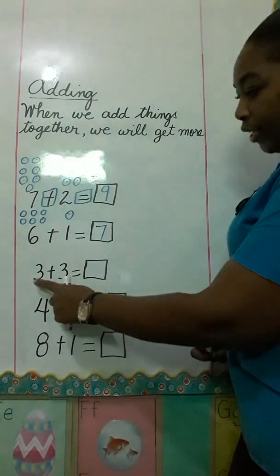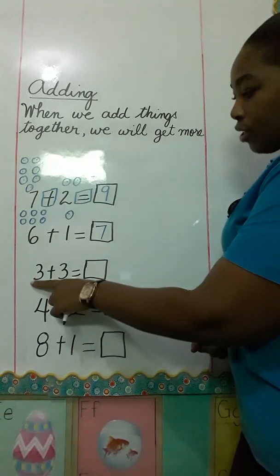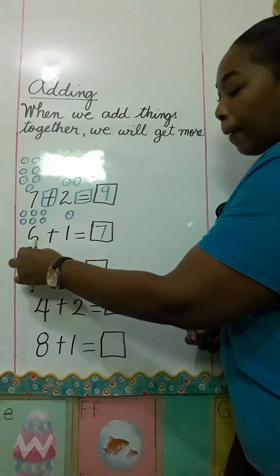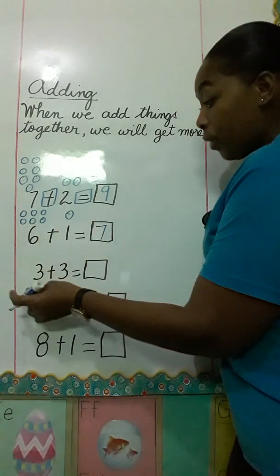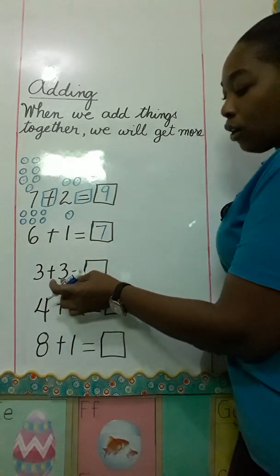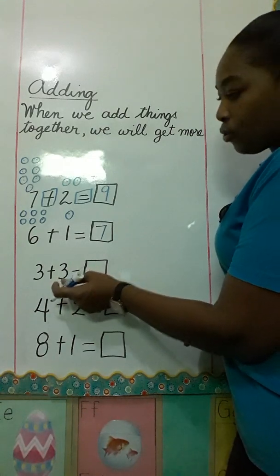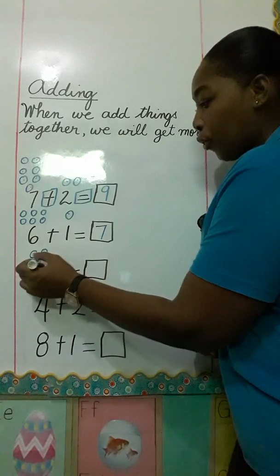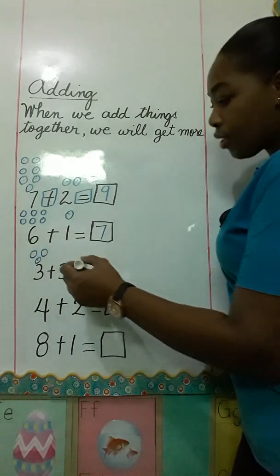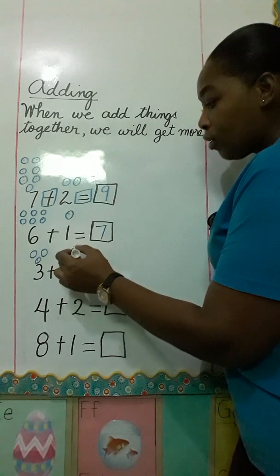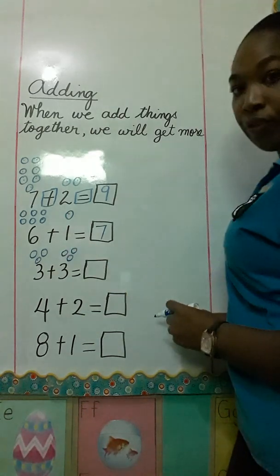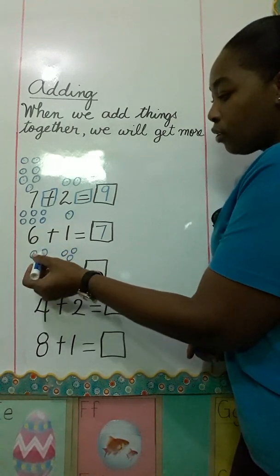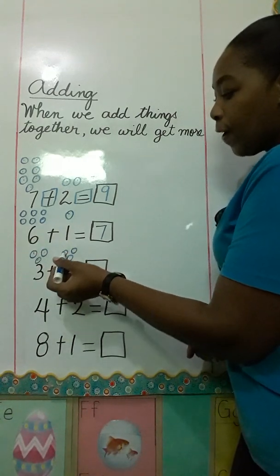Very good. You look at your number first. This is numeral 3, and 3 tells me how many circles to draw above it. So I'm going to draw how many? 3. I can also draw 3 on this side too. So let's do that now. 1, 2, 3. Let's go over to the other side. 1, 2, and 3. So let's count together. 1, 2, 3, 4,